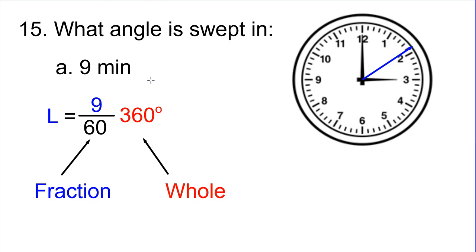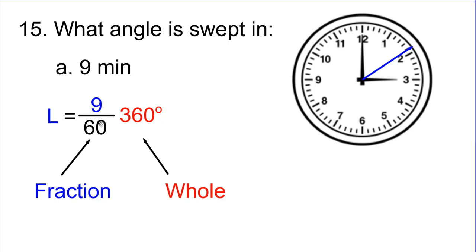All right, so our formula for figuring this one out, just kind of logically thinking through it, is exactly the same as with arc length. So we've got two parts of the formula. The first part's the fraction. So 9 minutes out of the whole, which is 60 minutes, right? So our fraction is 9 out of 60. Then we multiply that by the whole. Well, we want to know what angle, so the units we want it to be in is degrees. So out of a full 360 degrees,